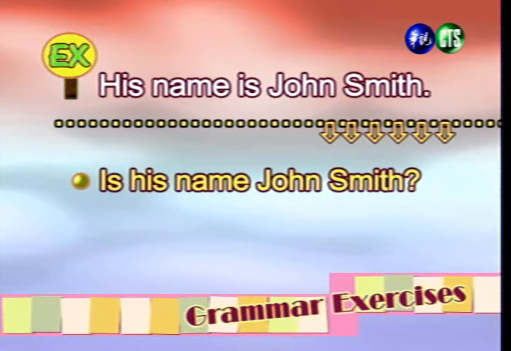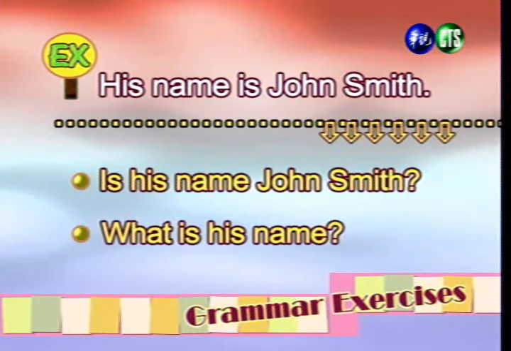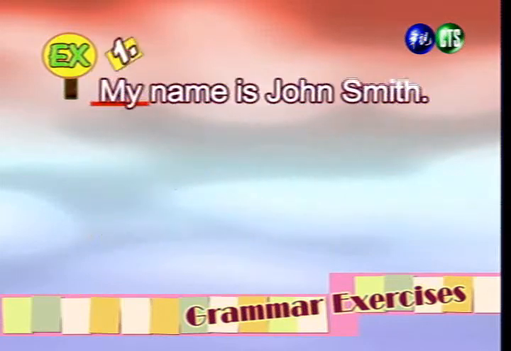好，我们有两种方式可以把这个句子变成问句。第一种方式是像这里，Is his name John Smith？这是属于是非问句。And the other question that we can make is, what is his name? 好，另外一种方式是把它变成 What is his name？这是属于 WH 问句。All right, so now let's turn the rest of the sentences into questions. 好，我们现在接下来把剩下的句子都把它变成问句。